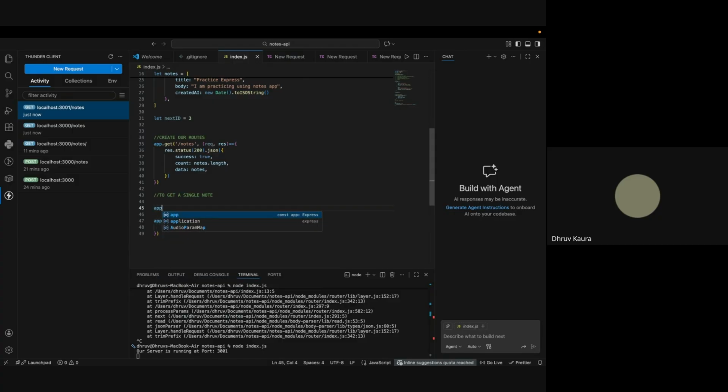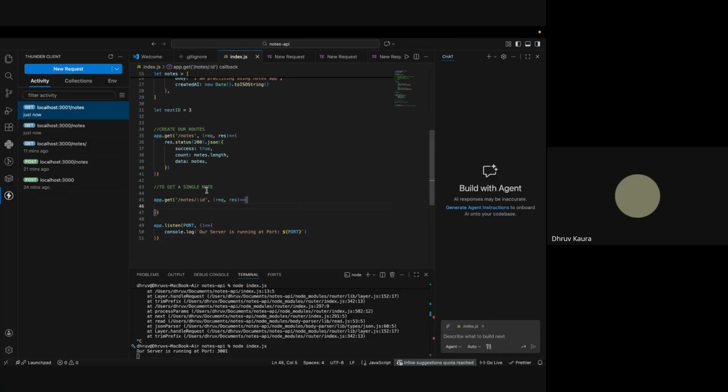So we say app dot get, then our route will change nodes slash ID, node ID. And again we'll say req, res arrow function. Now we need to convert a string into number, right? So we need to use request dot params. As it is a string right now, we need to convert it to number. So we'll say ID equals to